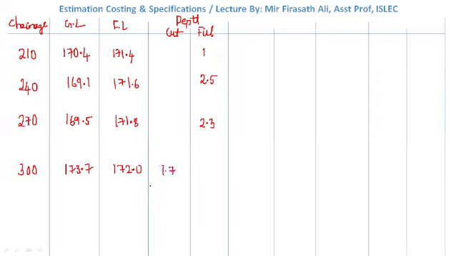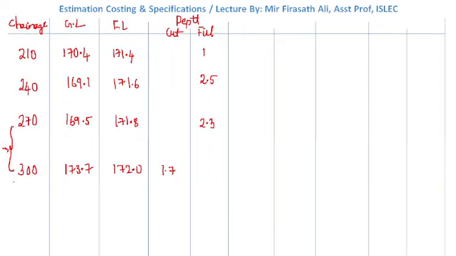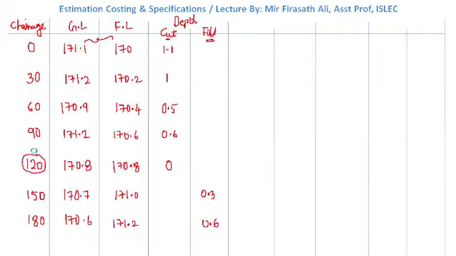Okay, as here formation level. So at this point between 270 and 300, there is one more station for cutting and filling. Here it is exactly on station 120. Station 120 is also the transition point, but here it is between 270 and 300. So there will be one extra station which we need to find out. Here it is exactly on station 120, so we need not worry about this.